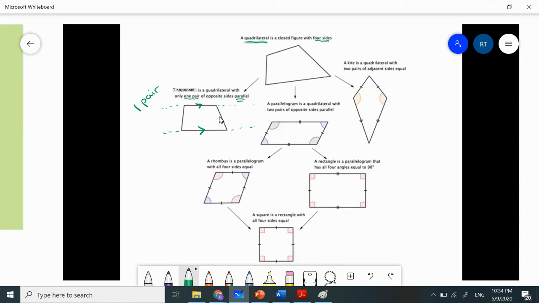However, look at the other two sides. No, they're not parallel. If you extend them, they may intersect. That's why it has only one pair. Okay, now